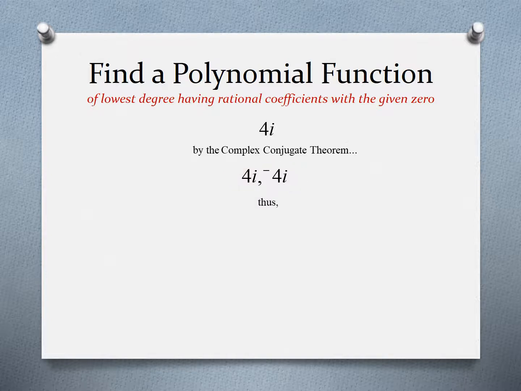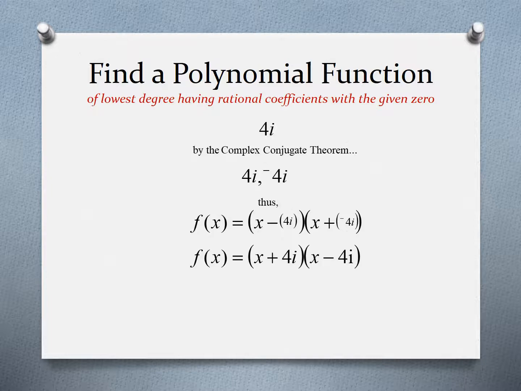With that information, we will then assume we can write this polynomial in factored form, binomial factors. And so we will assume that both of these zeros can be substituted into this binomial factor as such. And so with this, we can multiply and then simplify again, or you may have recognized this line as the x plus 4i binomial times the x minus 4i binomial, and recognize that as a